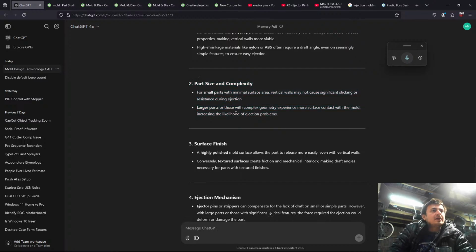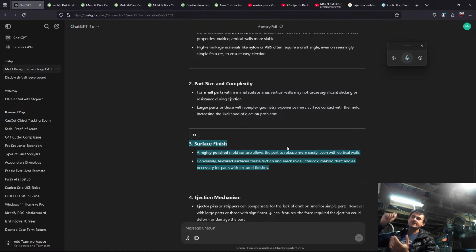Right, okay. Yeah, you basically just have to do some math, I guess. Highly polished molds. Oh, that would be interesting if we could quantify that with a load cell. Dude, take it to the next level. So basically, instead of